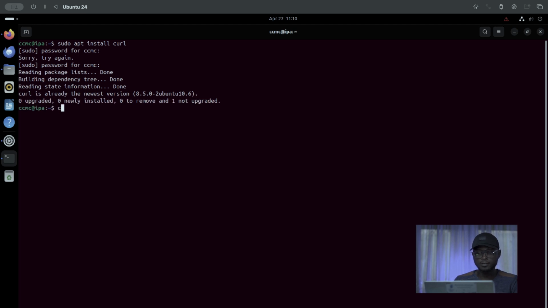So what we are going to do is see if curl is already installed. So sudo apt install curl. Oh, sorry. All right, it says curl is installed and it's running the latest version. So what we are going to do now is try to see if curl can reach the Pwned Passwords API. So to do that, we're going to say curl